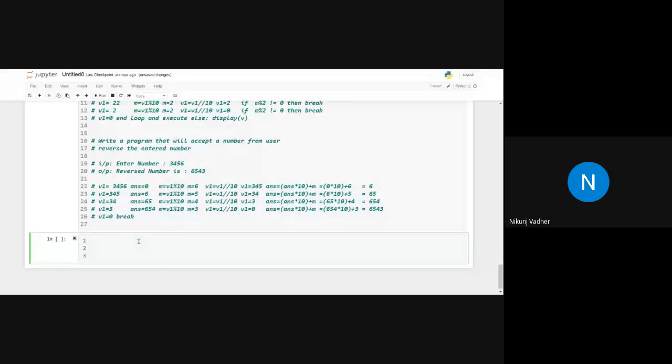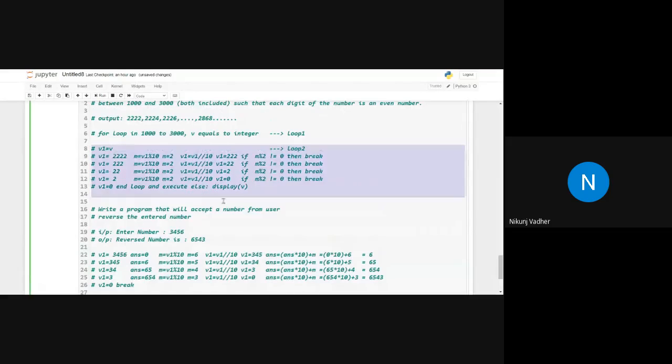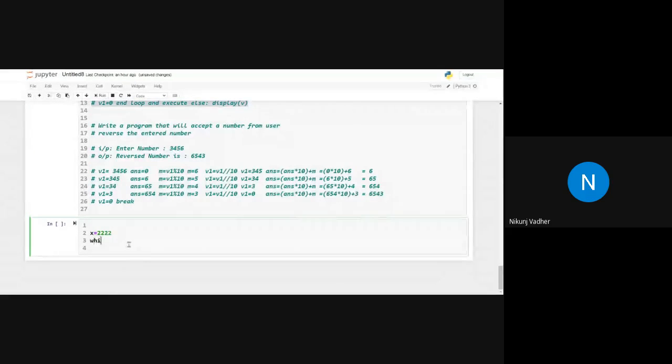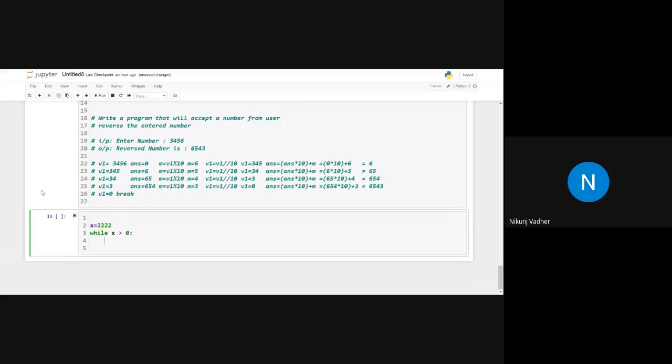I will take one static value first of all. So first of all, we will try to implement this one. While x is greater than 0, here what we will do: d is equal to x modulo 10.